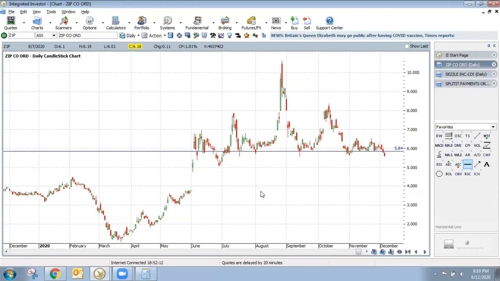So they're just getting fed up with the fact that it's not going anywhere, and you can really see that especially over the last, probably from around about here, really, when you think about it, and that's the end of October. So the last month and a week has really been quite painstaking for a lot of ZIP holders when you think about it there. But you can see the power of the head and shoulders pattern